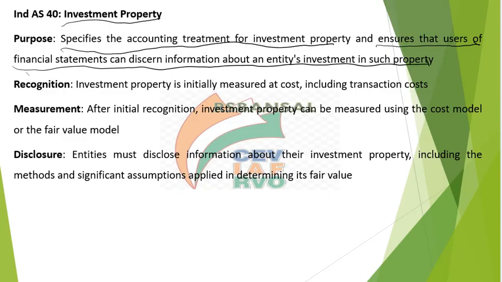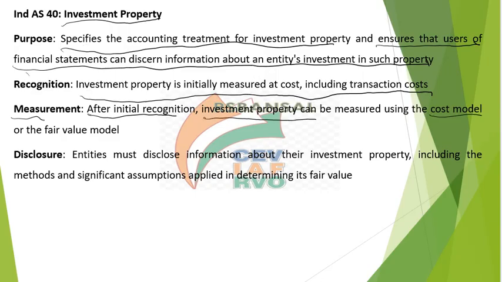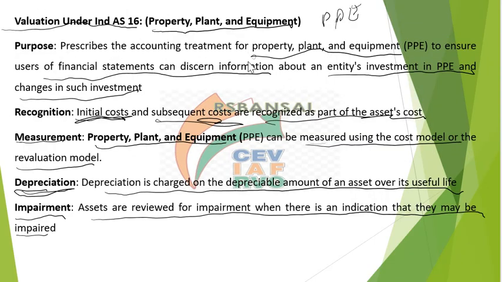Recognition: investment property is initially measured at cost, including transaction cost. Measurement: after initial recognition, investment property can be measured using the cost model or fair value model. Disclosures: entities must disclose information about the investment property, including the methods and significant assumptions applied in determining its